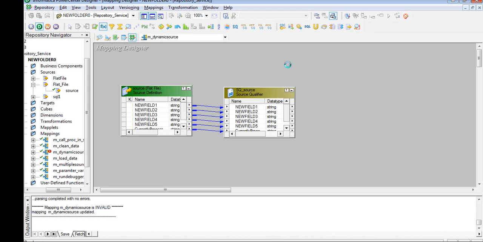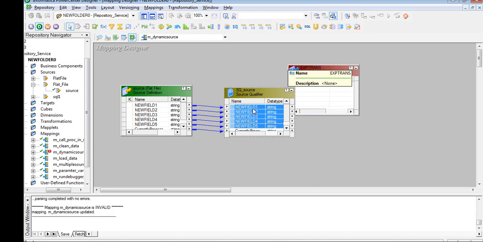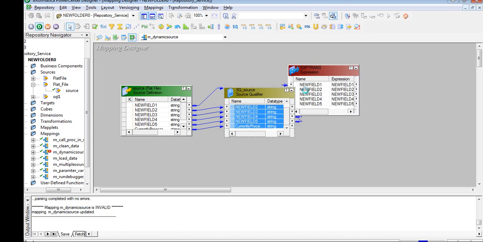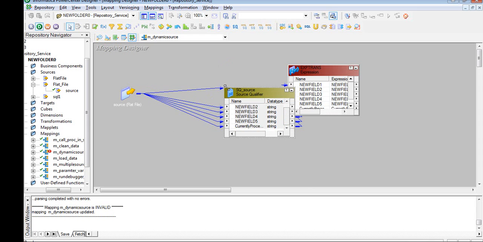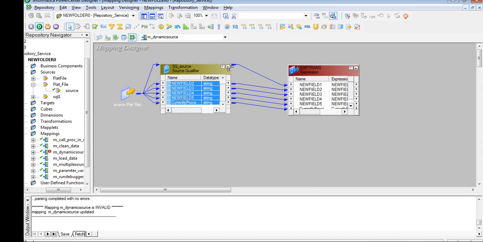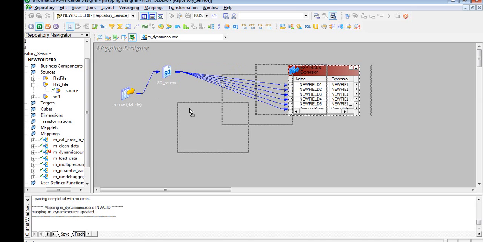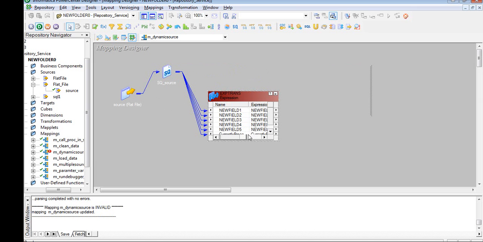I will require an expression transformation to consume all the fields. So let's load all the fields from the source qualifier. Let me pull all of these in, and now if you see the expression transformation,